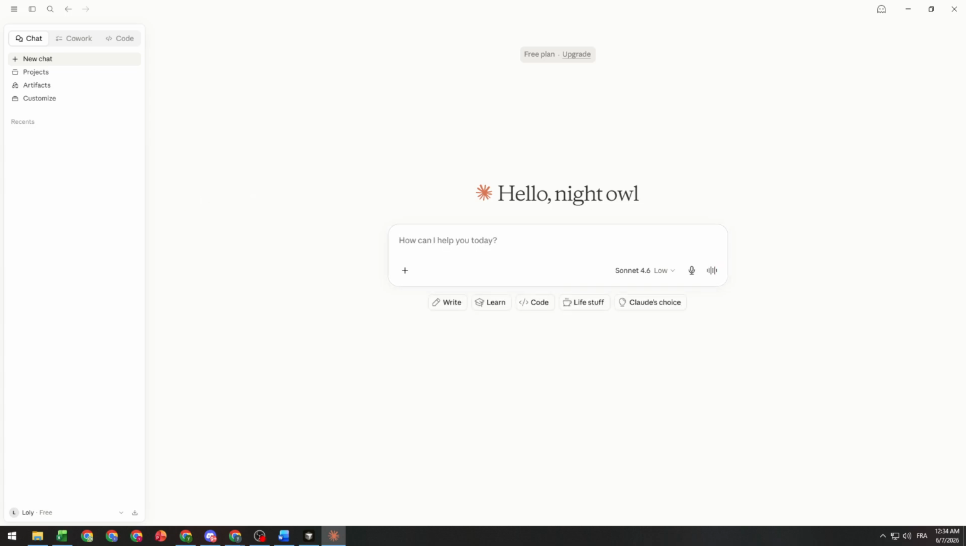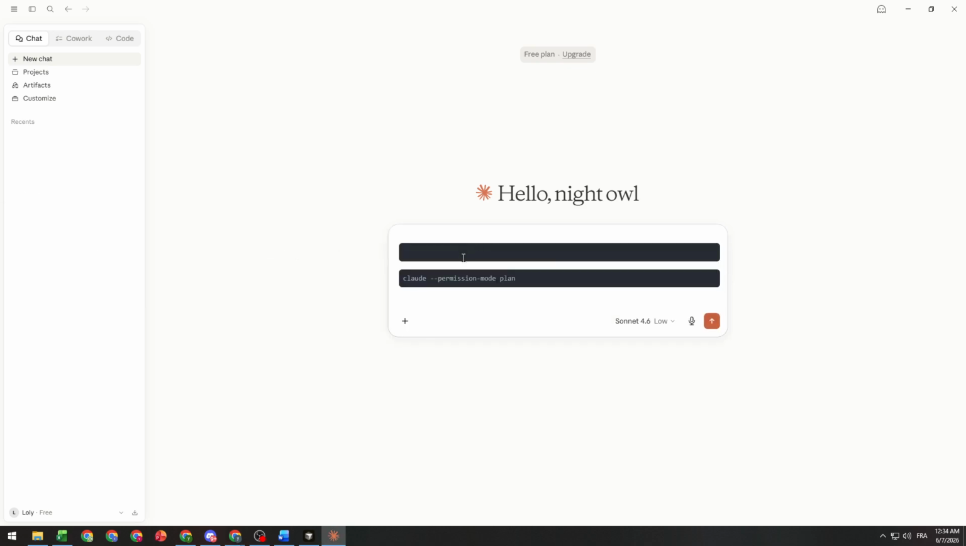In today's tutorial guys, I'm going to show you how to use plan mode in Claude Code. To use plan mode when you want Claude Code to inspect and design before editing, start in plan mode. So simply go into Claude and write down this command, which is this one, as you can see